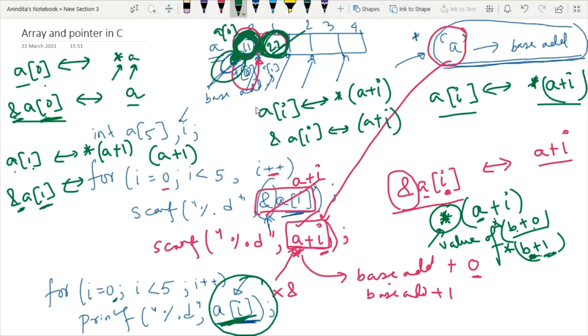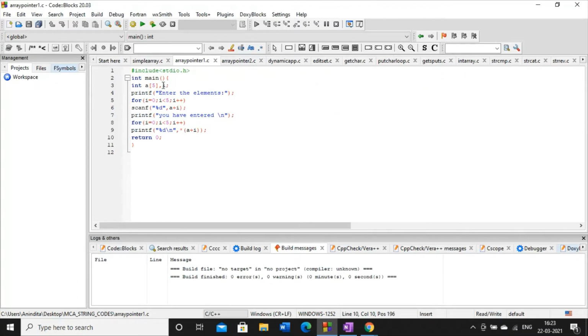So this is the main concept of an integer array whenever we want to define an integer array with respect to a pointer. Let's check this one. Here I defined an integer array, and the size of the array is 5, and then I have one iterator, i, of type integer. So simply I have taken the value. Instead of writing &a[i], I have used the notation base address plus i. So I've used this equivalent notation.